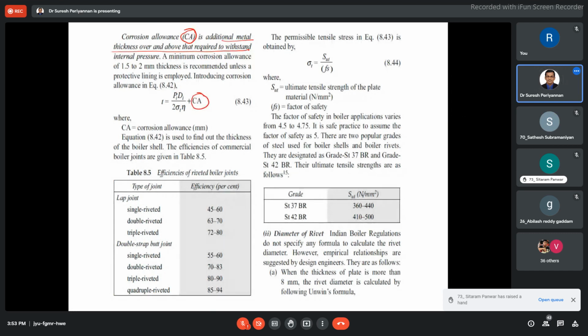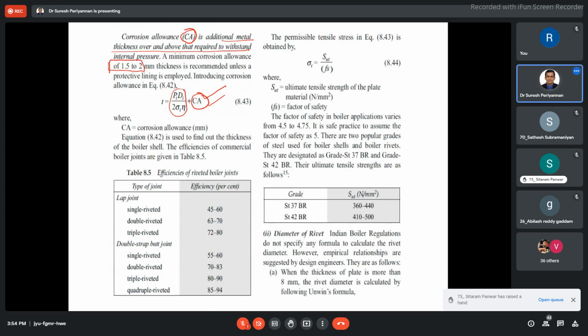This is whatever we discussed earlier. I'm introducing this based on the corrosion region of interest. Where the corrosion region is more, this may be more. It depends on the region of interest, where we are using the boiler, what type of fluid we are using inside the boiler, and which scenario, which atmosphere. Then this CA may vary. The allowances given are 1.2 to 2 mm, 1.5 mm to 2 mm. It will be varying. Okay, this is corrosion allowance.